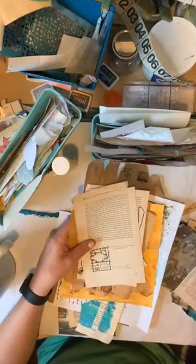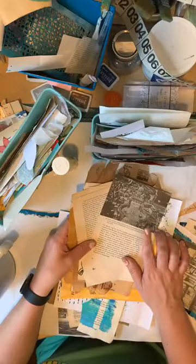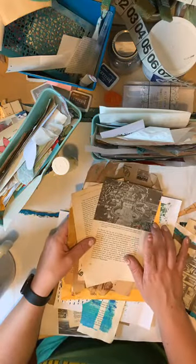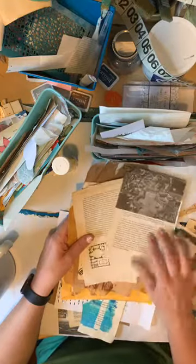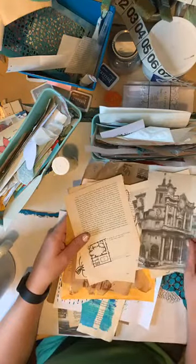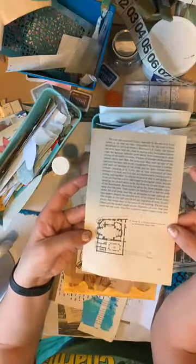This is some scribbles from a class I was trying out. I found this book that's all about architecture. It's like an architecture textbook or something, and I ripped all the pages out of it. Or carefully cut them out, actually. Because this book is so cool, it has all of these neat black and white pictures, but also the architecture of the actual cathedrals, and I just thought that was so cool. So